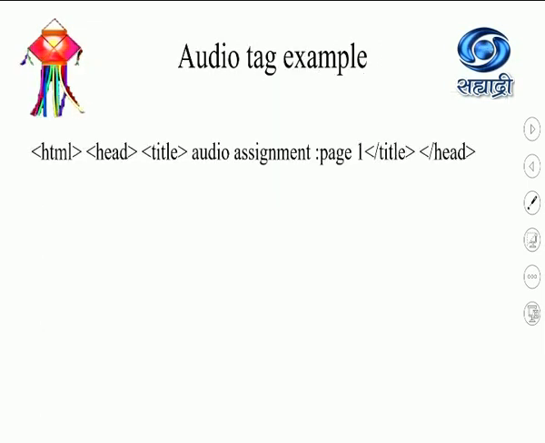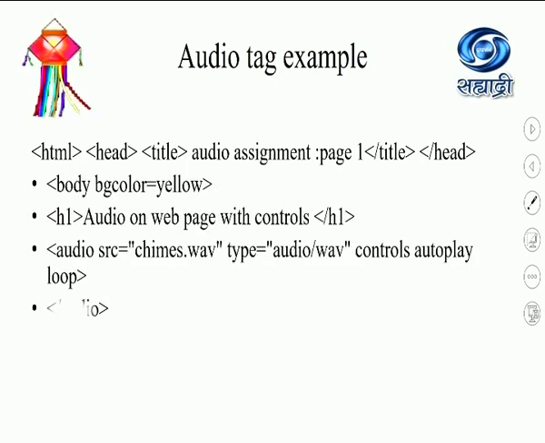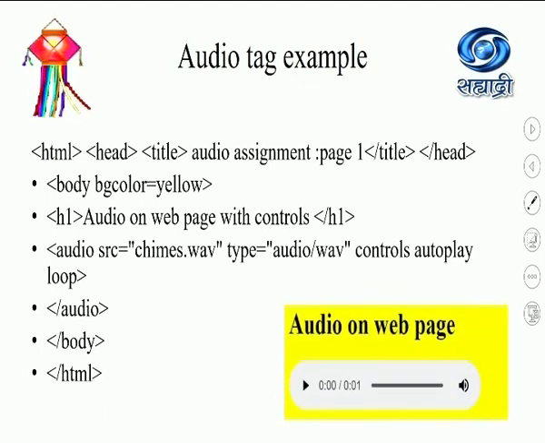Students, for the audio tag, if you write down the code like this, for example, inside the body tag, if you specify the audio tag like this, and I have mentioned the kinds.wav file over here, which is an audio wave file format. I want controls, so I will specify the controls keyword and autoplay attribute to specify that audio should be played automatically once page gets loaded. So if I specify the code like this, on the web page I will get something like this.